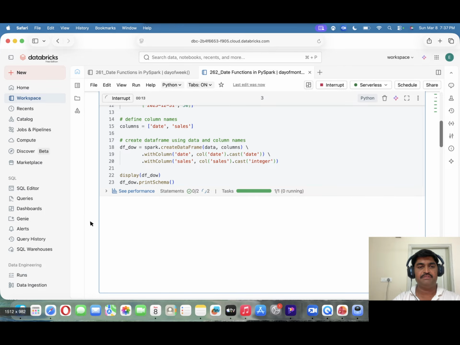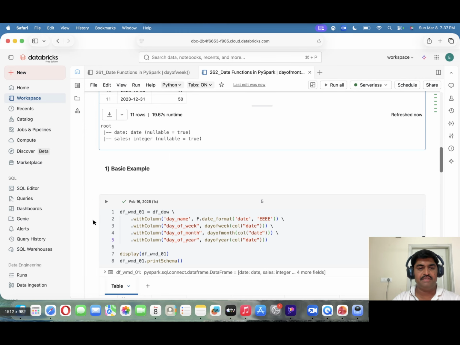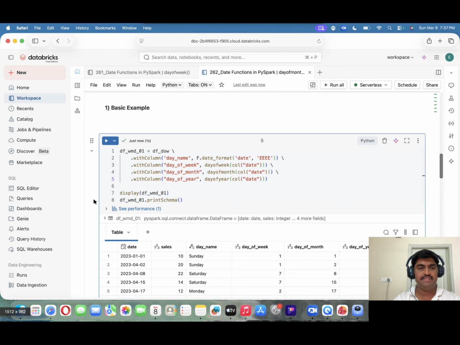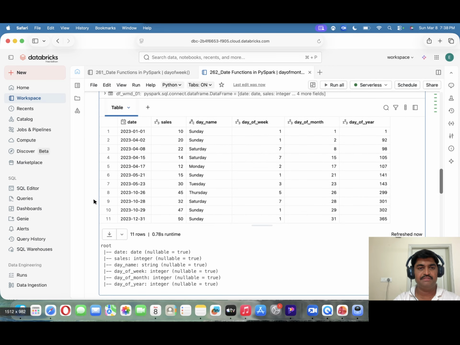So my data frame is now updated with 2 more days, starting and ending. And if I update on top of this one, here also it will add 2 more days. If you see this one here, 2023 January 1st. So that is day of the week first, day of the month is first, and day of the year is first. In a similar way, 2023 December 31st, day of the week is first, and day of